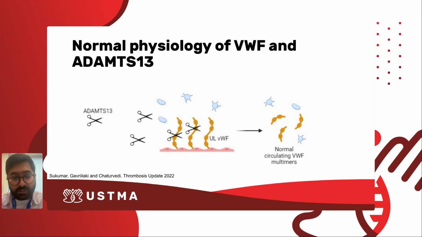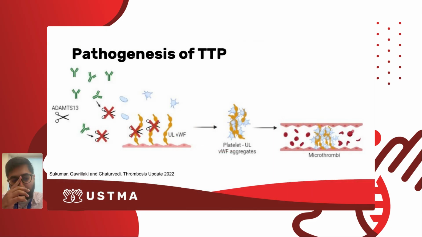However, whenever you have antibodies that either functionally inhibit or promote the clearance of ADAMTS13, you have an overabundance of these ultra-large von Willebrand factor multimers, and that can cause platelet aggregates, and these will form microthrombi in the capillaries and small vessels